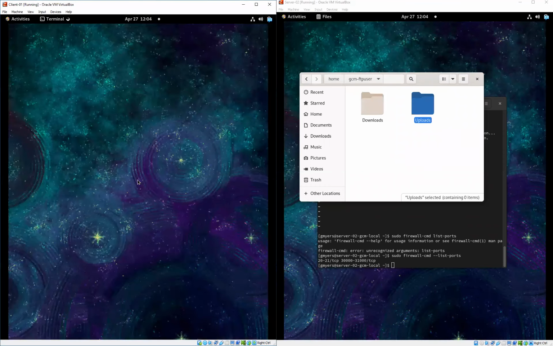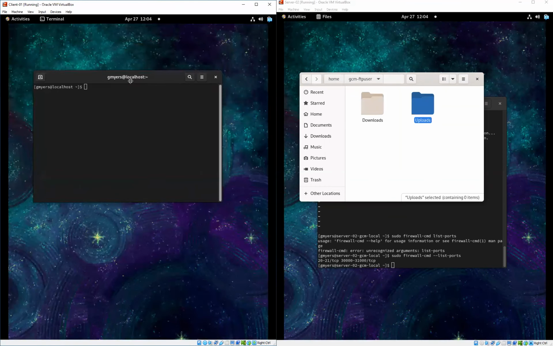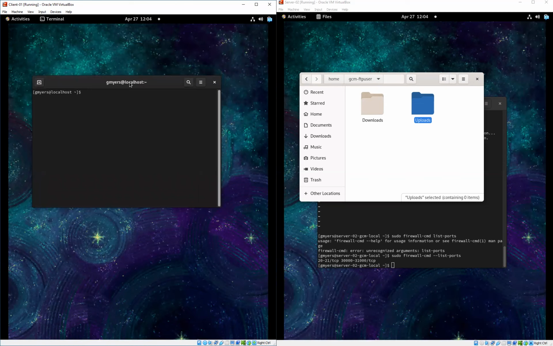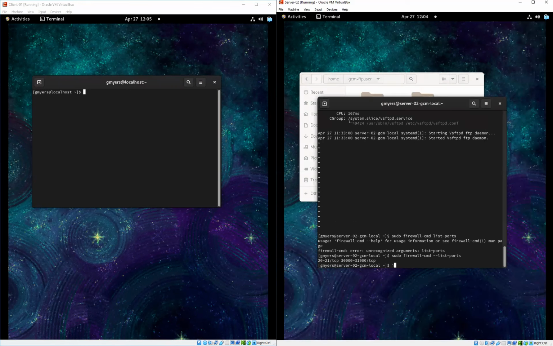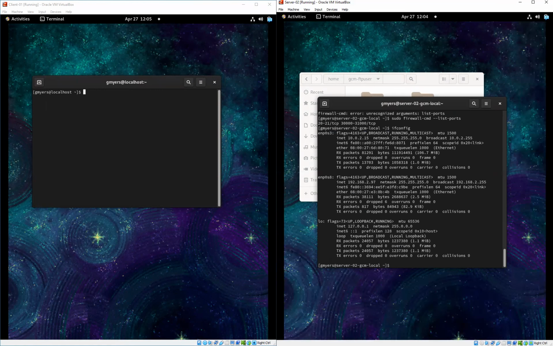It's time now to move to the client. Now, we've done this a couple of times when the server and the client were on the same machine. This time, though, the difference is going to be that we are now on a separate machine, and we're going to attempt to log in using our FTP client to our FTP server. And so the first thing that you want to do is make sure that you have the server's IP address. And just in case you've forgotten, you can just simply go over and run the ifconfig on the server, and you'll see that it is